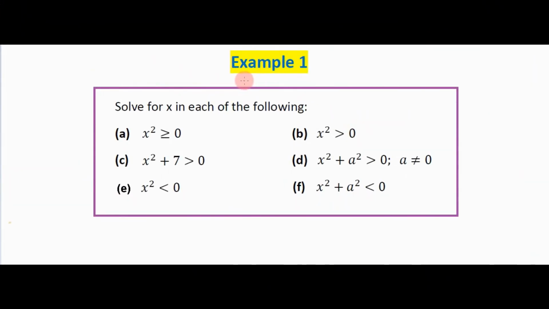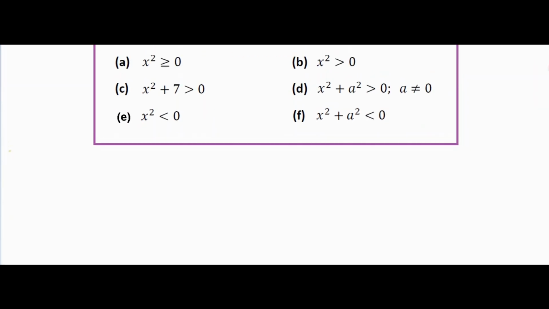Example 1 here on quadratic inequalities deals with some very basic perfect squares. It says solve for x in each of the following, and we are given these 6 inequalities. So let's look at the first one. We have to solve for x, and we are told that x squared must be greater than or equal to